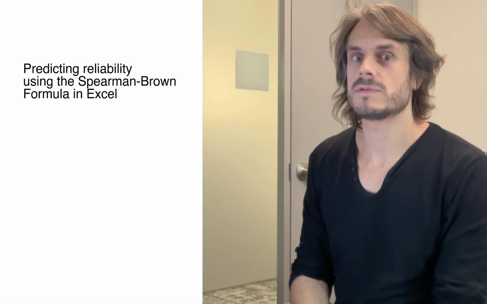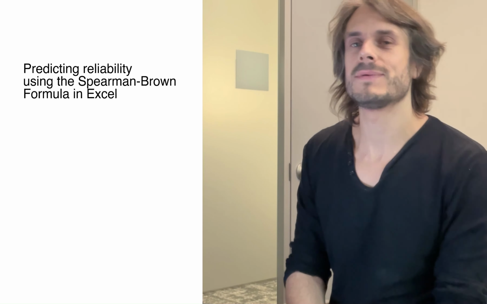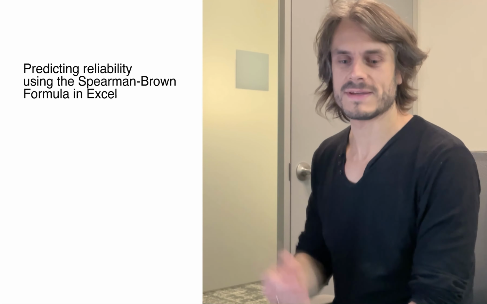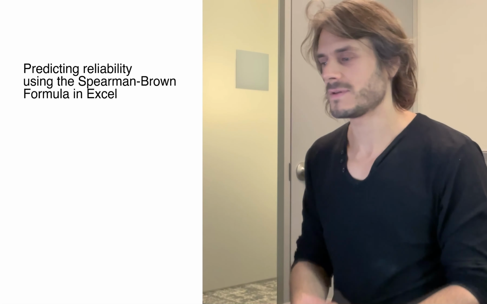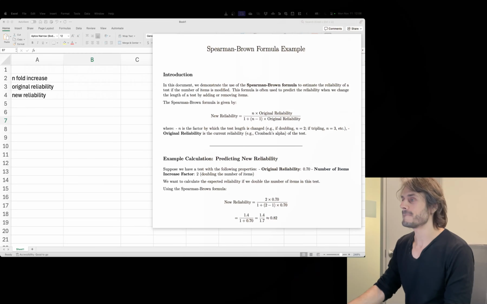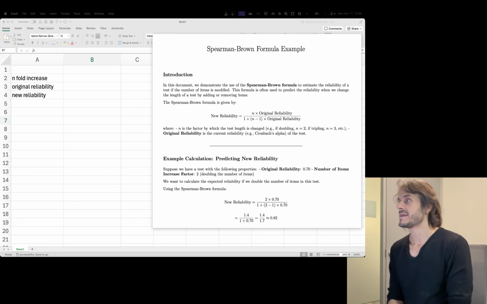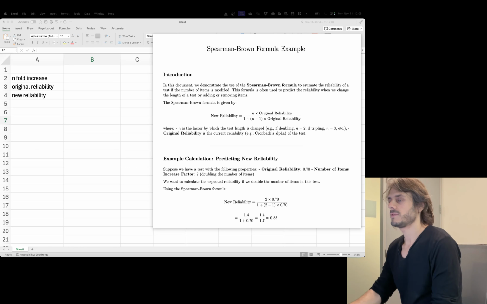Today we're going to see how to use the Spearman-Brown formula to predict reliability from an already existing reliability estimate and from a number of items that we may want to add. So let's dive into it. I put here the formula. We're going to use the Spearman-Brown formula for this, and it will give us a new reliability estimate, so predicted